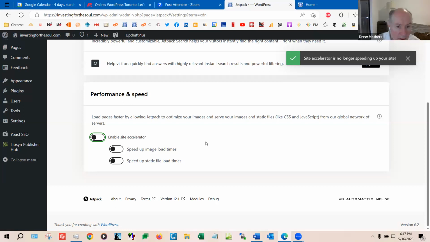All right. There's likely to be a caching setting at the host level, right? Possibly. So you might want to reactivate that accelerator.